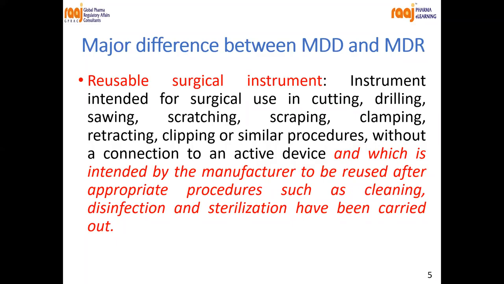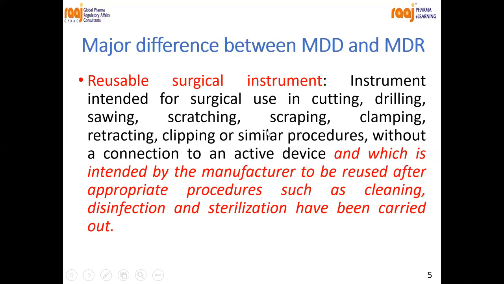The best example: whenever you go to a dentist, they use so many medical devices and equipment which have to be cleaned and sterilized after use from one patient to another patient. So this comes under reusable